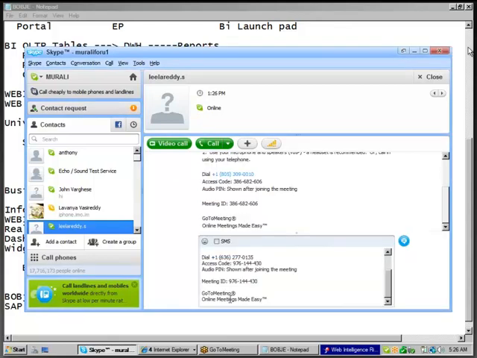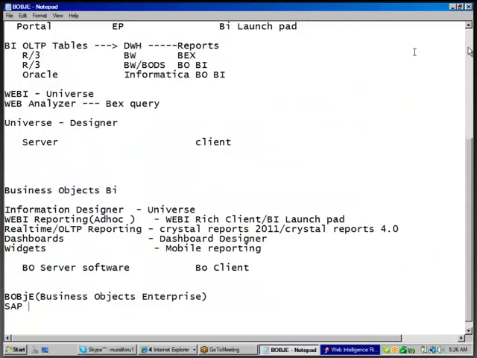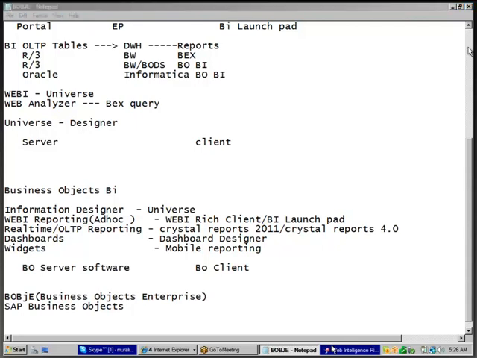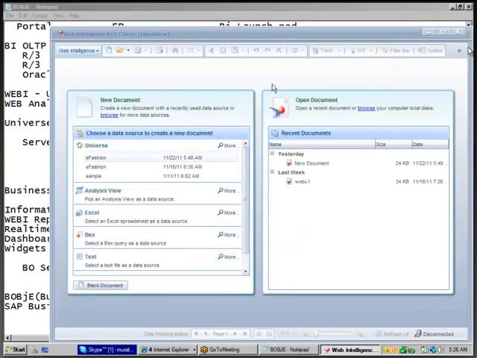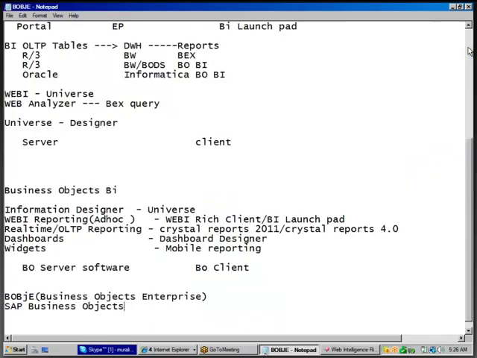That's why when you click your Rich Client, it will give the window SAP Business Objects. Don't confuse. The reason is now BO is not a separate company. SAP acquired the BO. That's why the name of the BO is now SAP Business Objects, SAP BO. Don't confuse. This is the same.